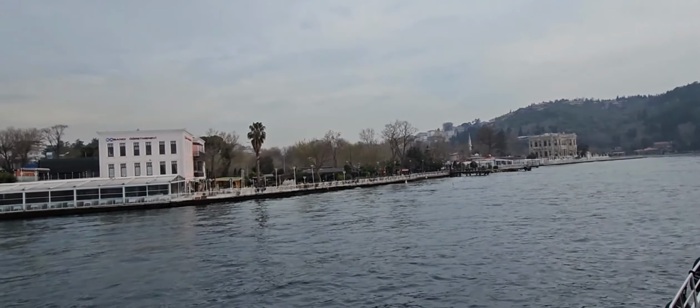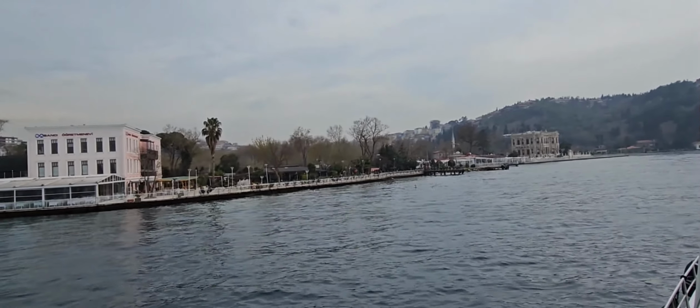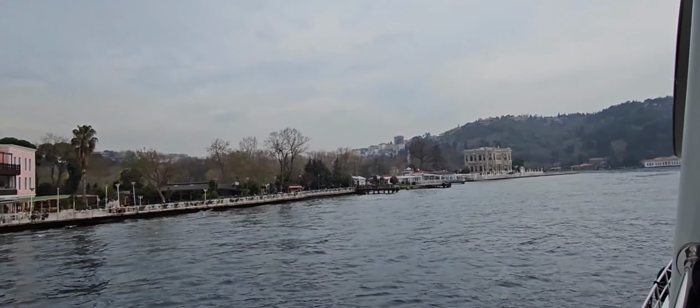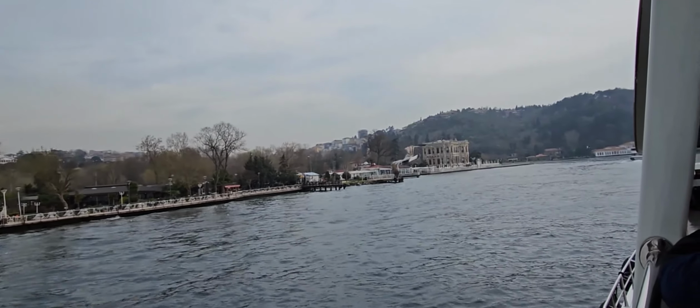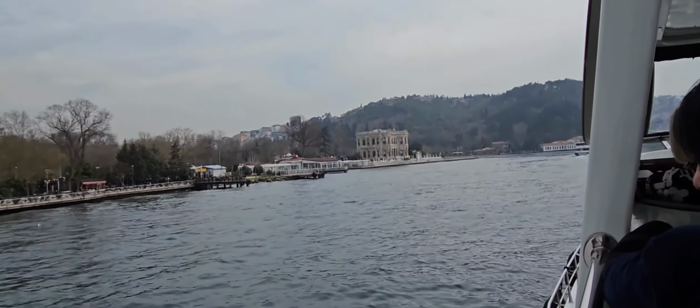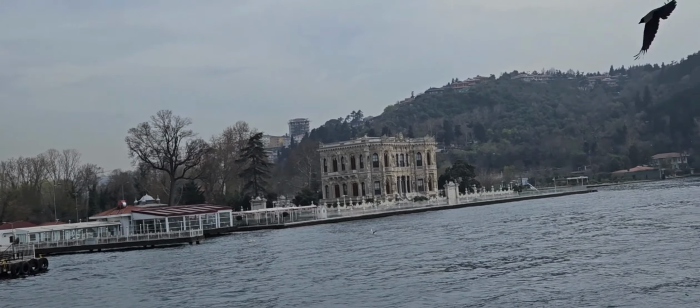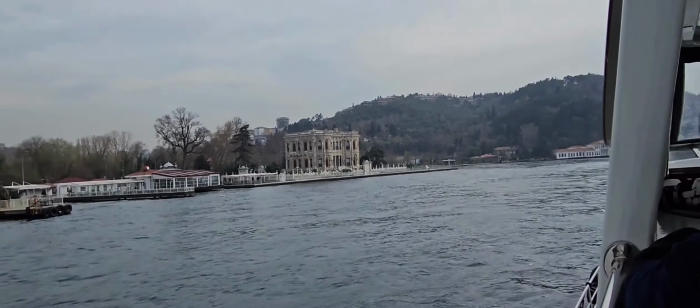We can see some palaces and museums as well, like the one on the left front side there. That's the Küçüksu Palace. It's a hunting kiosk, a hunting pavilion of the Ottoman Empire. But whatever they found in that period, like some deer, gazelle,